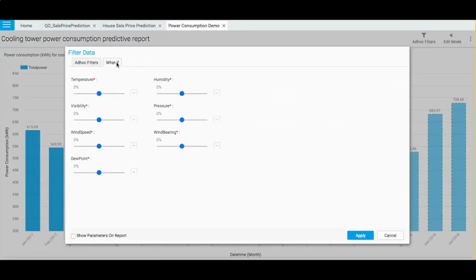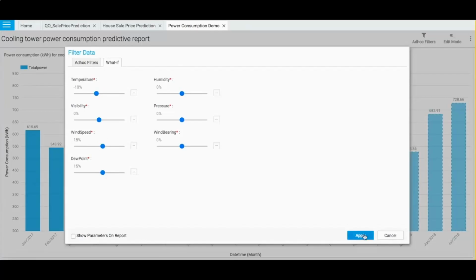Let me increase the wind speed by 15%, and then maybe increase the dew point by 15%. These should ideally cross each other. Then I would reduce temperature and see how it affects.